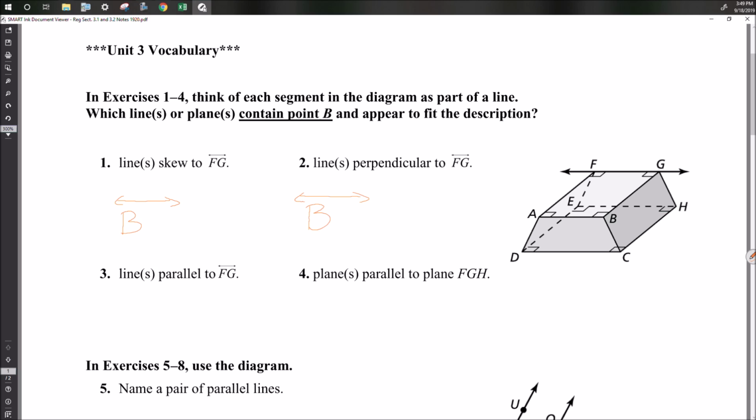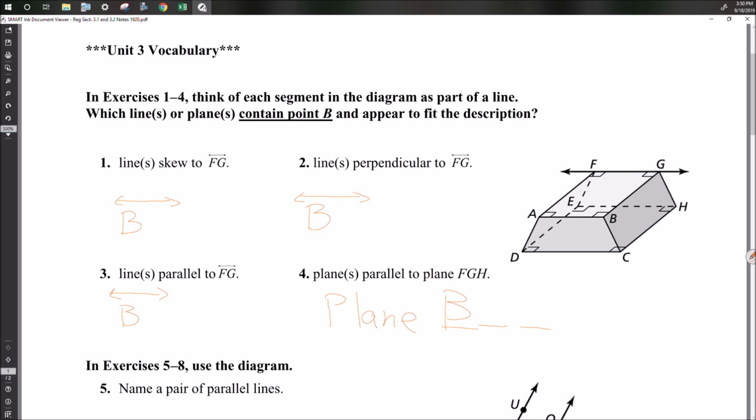So we need lines that are parallel to line FG that contain point B. So it's going to be line B something. And then lastly, we're going to need to name a plane that is parallel to plane FGH. So we'll need to say plane, and then we're going to have to say B, and then remember we need to name planes by 3 points on the plane. So what I'm going to do is give you a minute to work through those